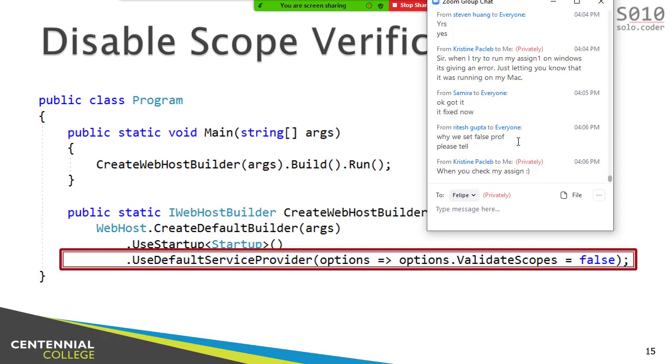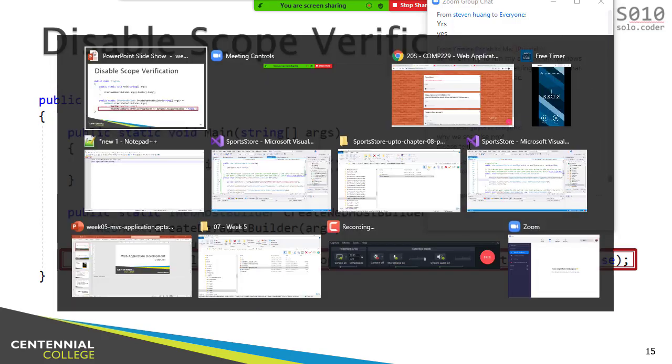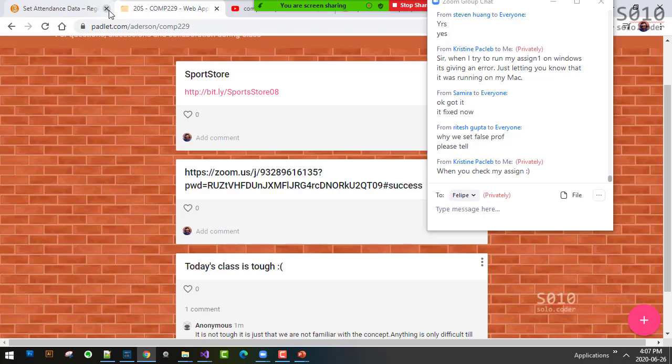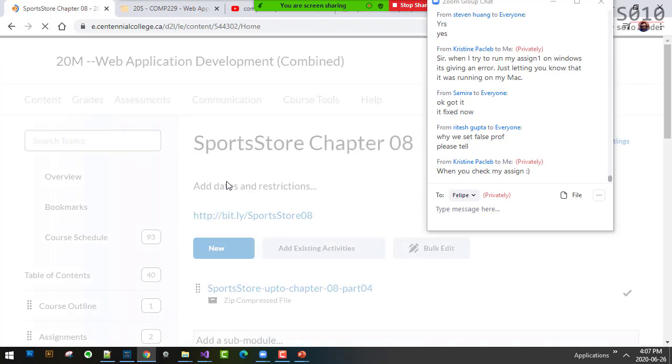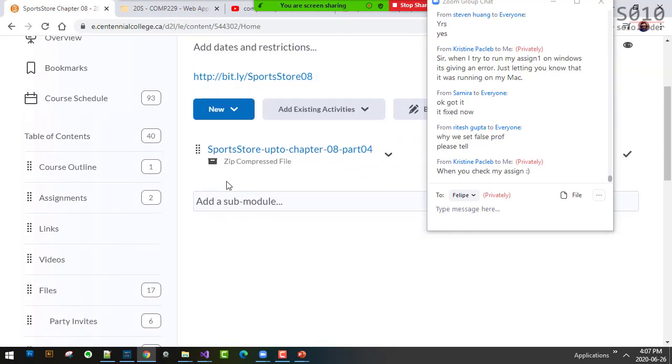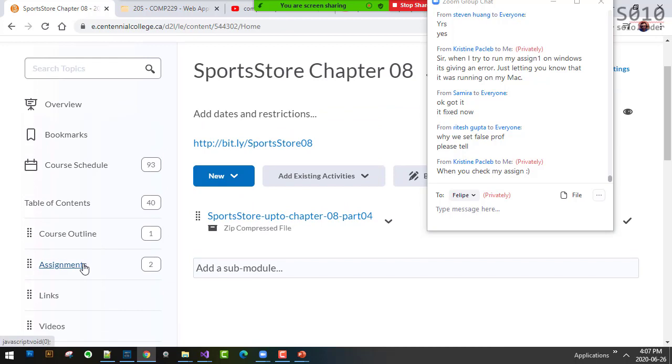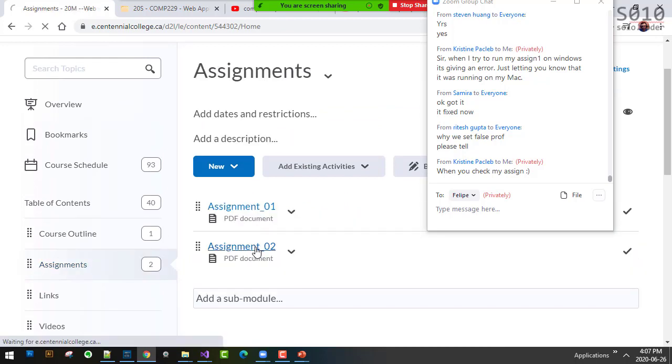Before I give you a little bit more content here and review step number 5, I want to mention assignment 2. So I'm going to open assignment 2. Assignment 2 is due in 3 weeks, okay? So assignment 2, if you go to assignments, assignment 2,